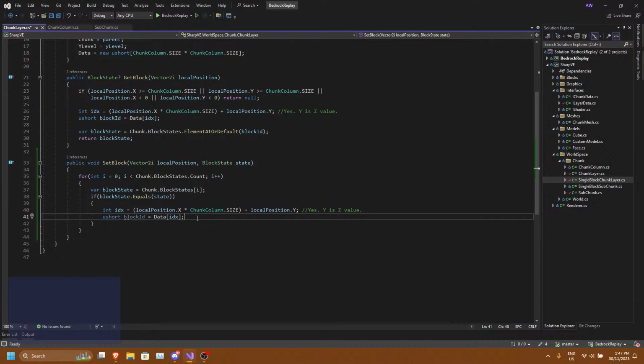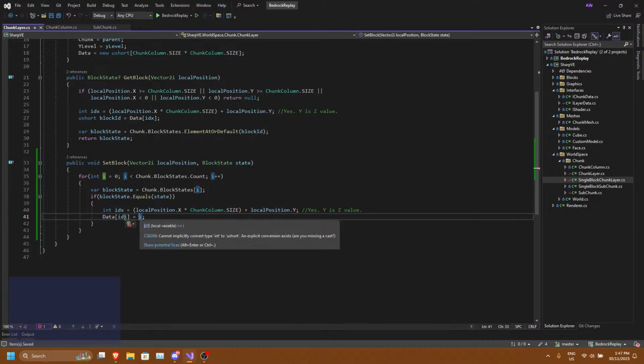Oh wait, no, we can just do that. So we can do data index is equal to i, and then this needs to be converted to ushort.